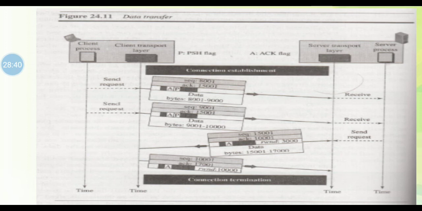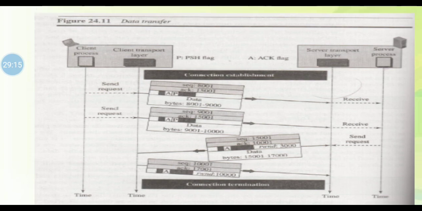The sending TCP must also set the push bit, PSH, to let the receiving TCP know that the segment includes data that must be delivered to the receiving application program as soon as possible and not wait for more data to come. So this means changing the byte-oriented TCP to a chunk-oriented TCP. But TCP can choose whether or not to use this feature. Next is about urgent data.